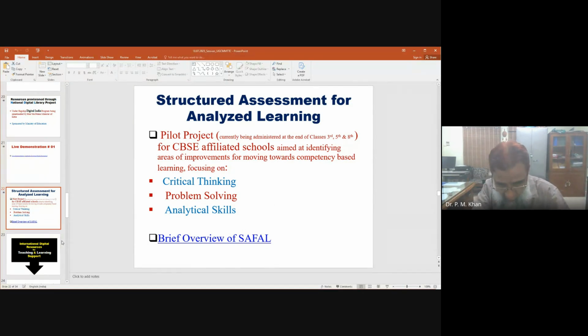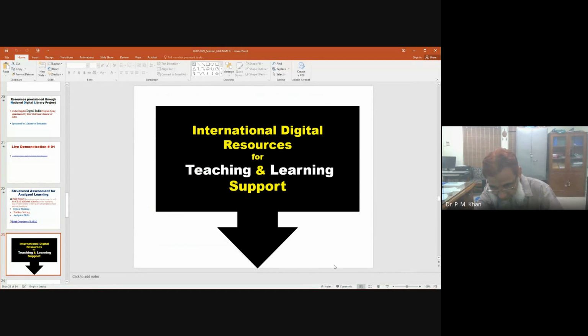So with this, we will be concluding the discussion on the national resources. We will now be moving towards the international digital resources, which means there are some resources available in other institutions outside India also. They are also offering some resources free. We are focusing mostly on the free resources so that there is no investment or cost barrier. So let's